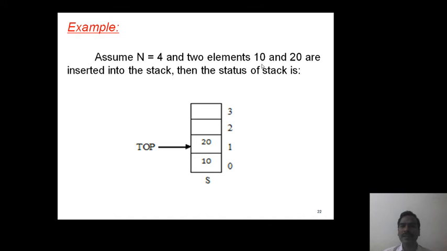First 10 is inserted into the stack, then 20 is inserted. Now 20 is the topmost element of the stack, hence the variable top points to index 1, where it holds the element 20. So this is the array representation.